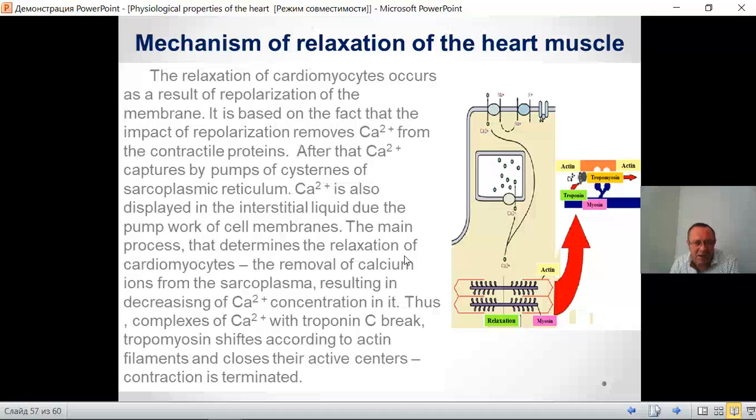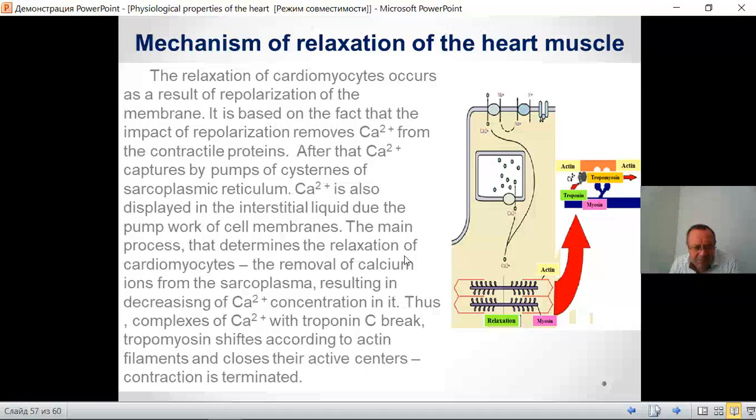After that, calcium is captured by the pumps of the sarcoplasmic reticulum. It is also removed into the interstitial fluid due to the pump work of the cell's membrane. The main process that determines the relaxation of cardiomyocytes is the removal of calcium ions from the sarcoplasm,